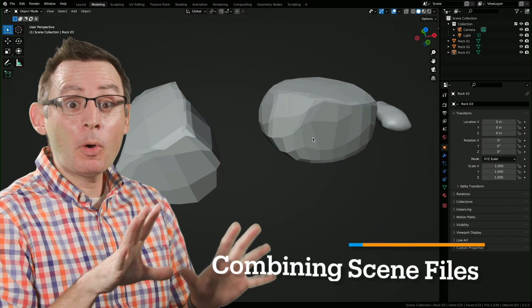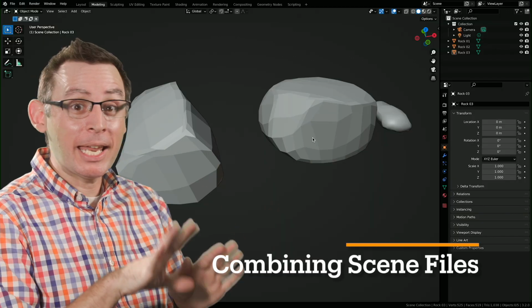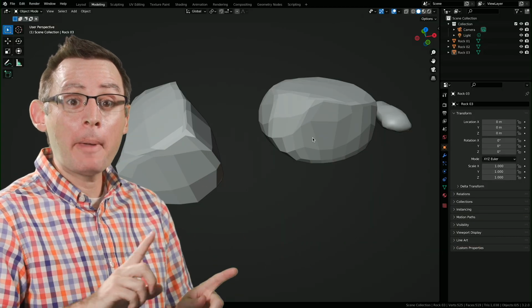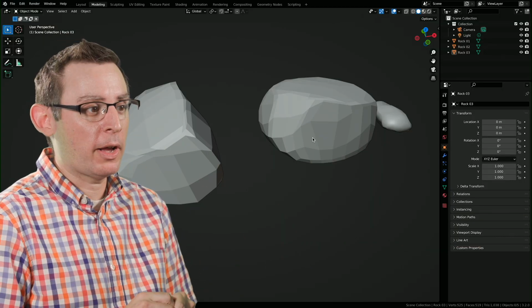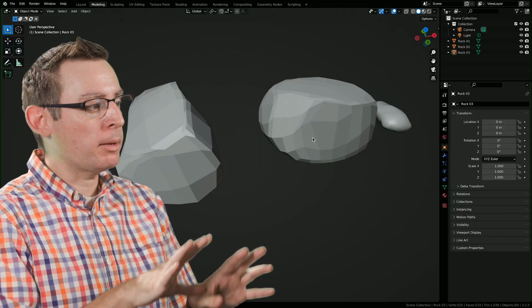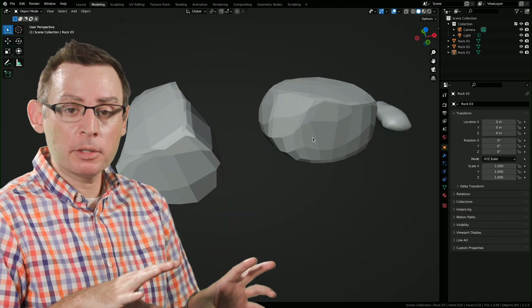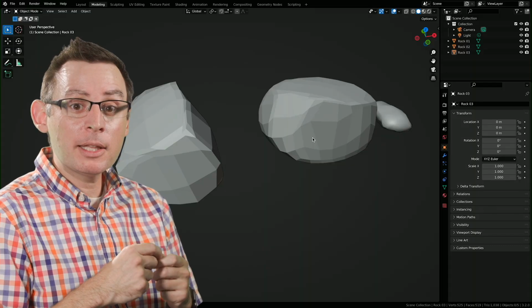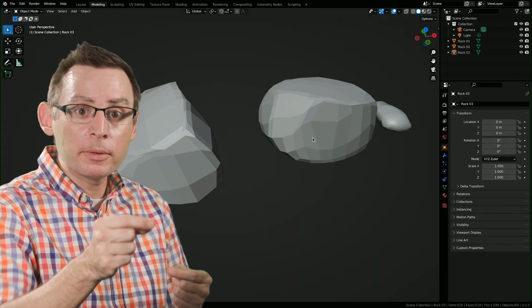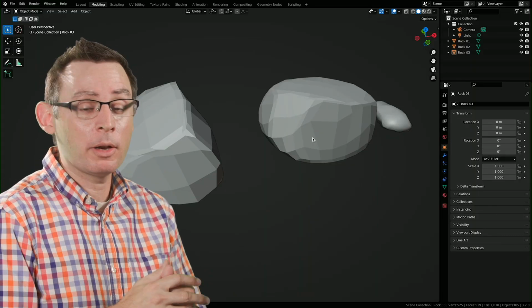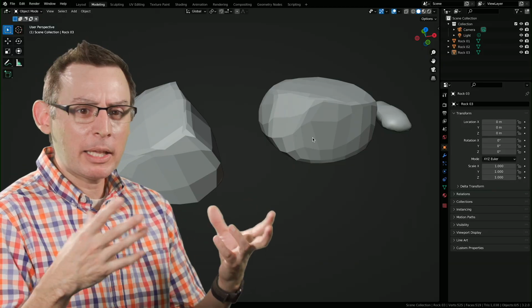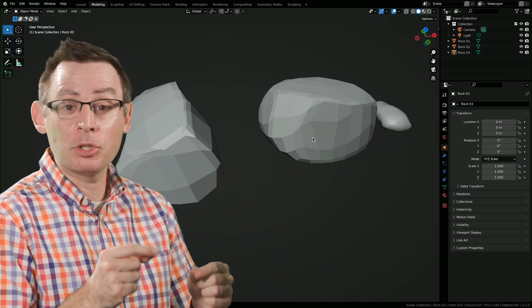I finished building a small little collection of rocks, and I want to be able to import these and incorporate them back over in my blacksmith shop project file. And this is a really great way of working. Having these assets in their own project file makes them independent. It gives me the ability to import them into any future model that I need rocks in. That makes them almost like a universal asset, which is pretty cool.